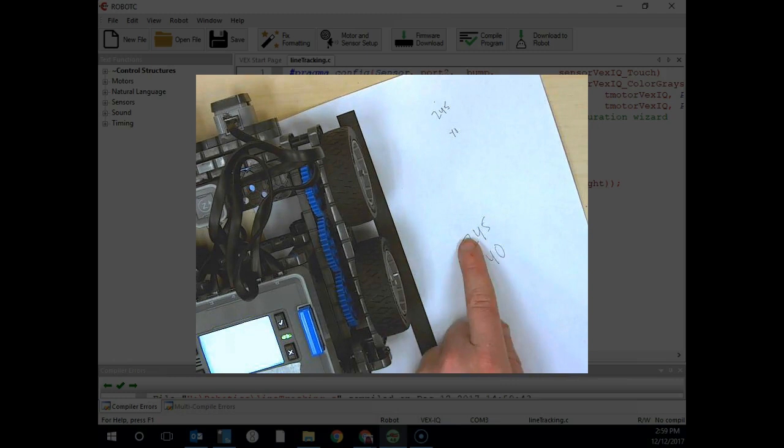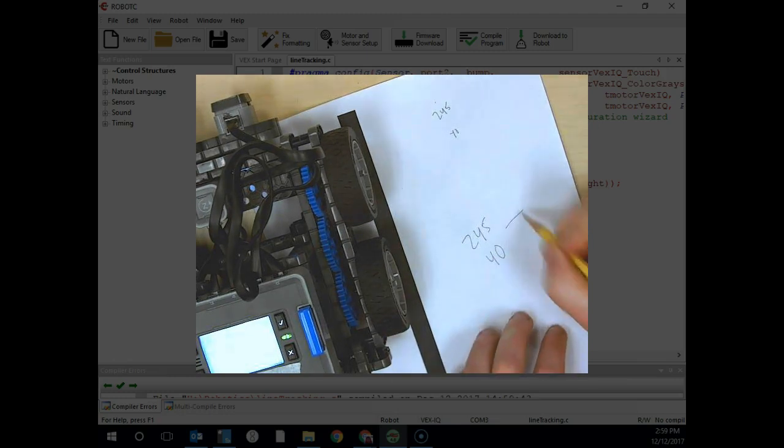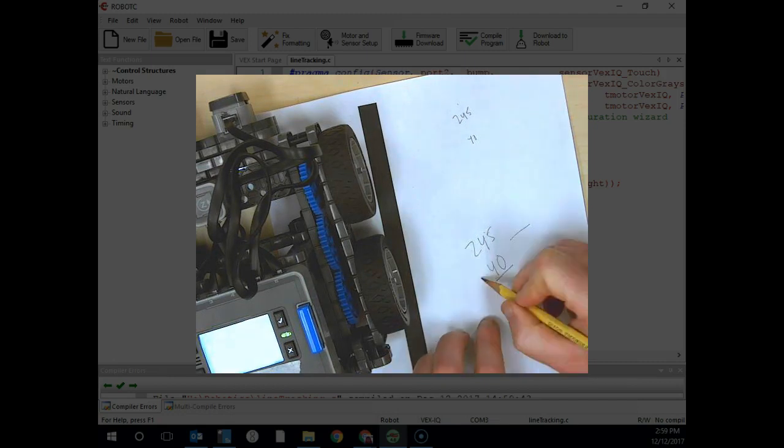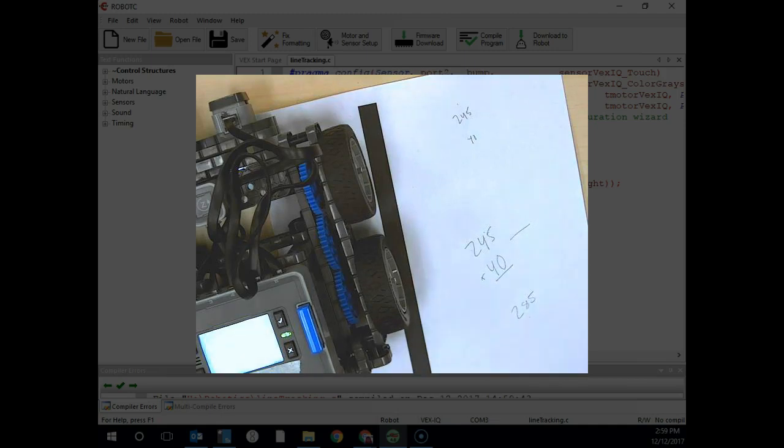So once you have your light value and your dark value, what you need to do is find the in-between there. This is going to be our threshold value where we're going to determine if we're on the line or off the line. In order to do this, you're going to find the average. So 245 plus 40, that's going to equal 285. Then we're going to divide that number by 2. So 285 divided by 2 is going to be